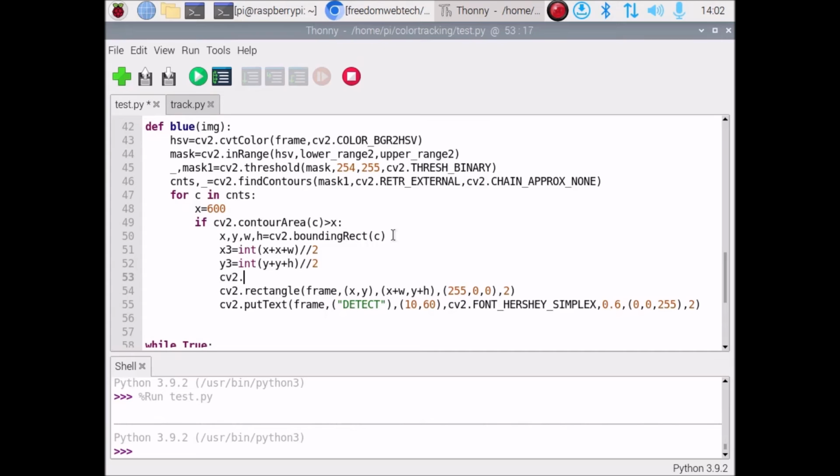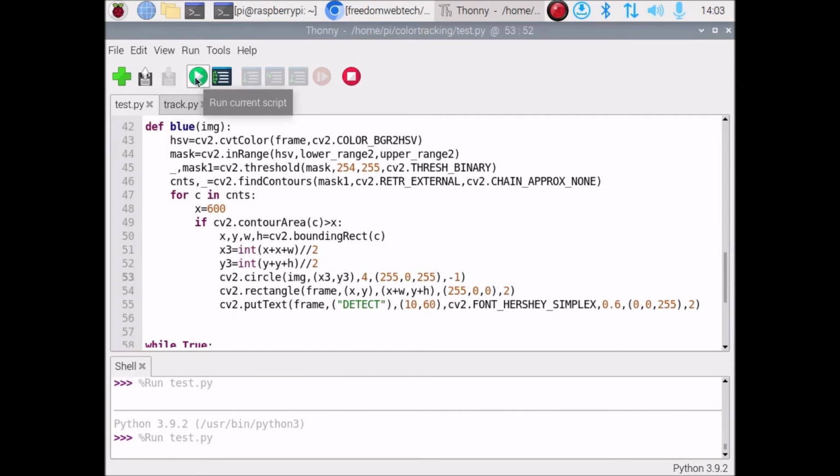So cv2.circle, then inside that we need to mention img, which is our object, then x3 and y3, then the radius which is 4, and the center point color pink, 255, 0, 255, and we are going to fill the circle, so let's say -1. Simple. So if I save the code and run the code,